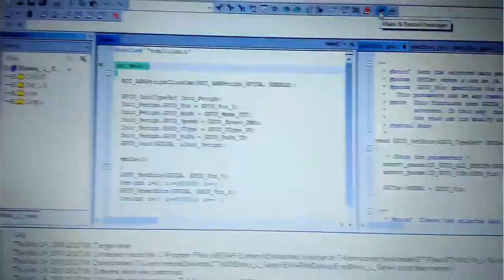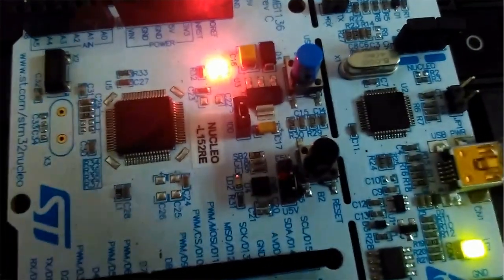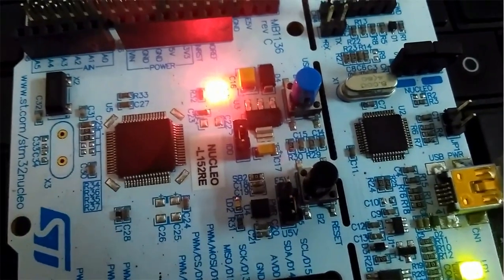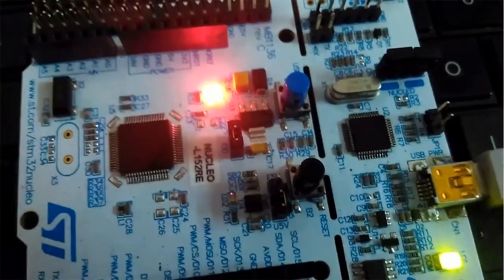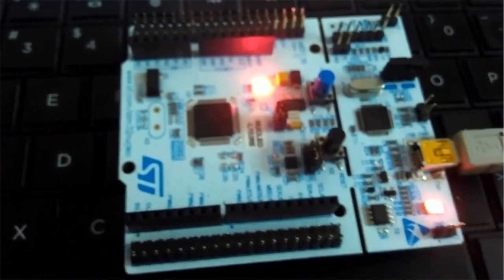As you can see, this LED is blinking. So yeah, our debugger is started. Now let me show you the board. As you can see, the LED is now blinking. As you can see, LD2 is here, which is not blinking or not glowing. So let me go step by step. So I'm going step by step. Let me press for some time. First, second, third, fourth, fifth, sixth, seventh, eighth.